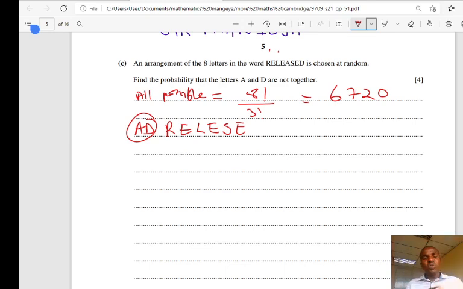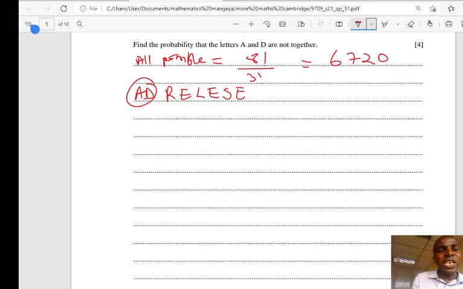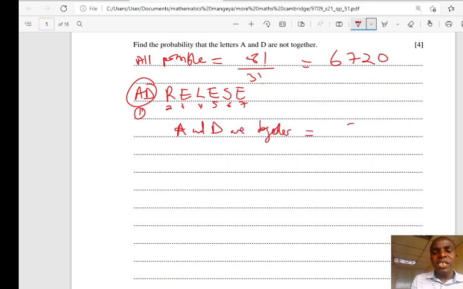So given that they are together, I've combined them together. How many different ways in this case? We can say this one, AD, we treat it as a single item. Then 2, 3, 4, 5, 6, 7. So given that A and D are together, the number of ways will be 7 factorial over, we have 3 E's that have been repeated here, over 3